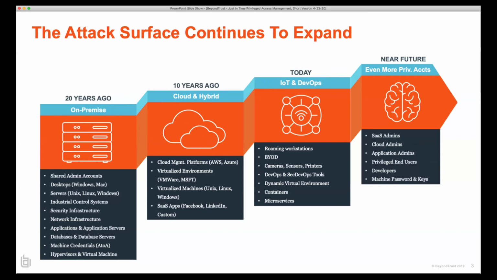Someone in marketing could have a privileged account to administer social media accounts used by the business. Someone in the call center or help desk organization may have the privileged accounts to do a remote session to fix someone's laptop. We're no longer only seeing privileged accounts just on premise or even in the cloud managing specific resources. They exist everywhere and with all different purposes. And if any of them are leveraged, it can lead to those types of lateral movements that Rodney talked about that could go from system to system and then ultimately own a critical asset or have access to sensitive data.